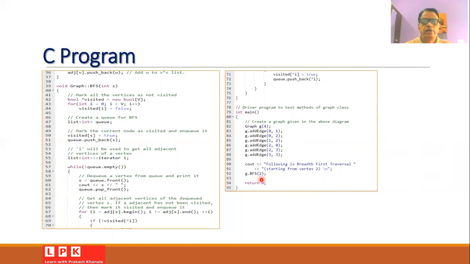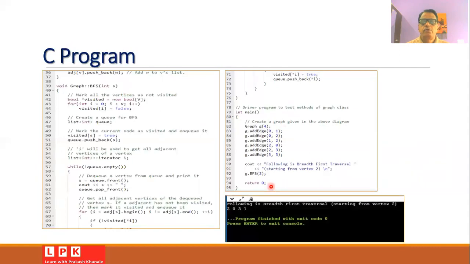And then finally we will return 0 from our main program. When you type this program and execute it using a suitable online C++ compiler, you will get the message that the breadth-first traversal of the graph consists of the vertices 2, 0, 3, and 1.